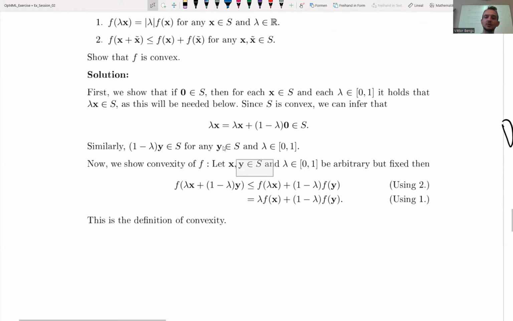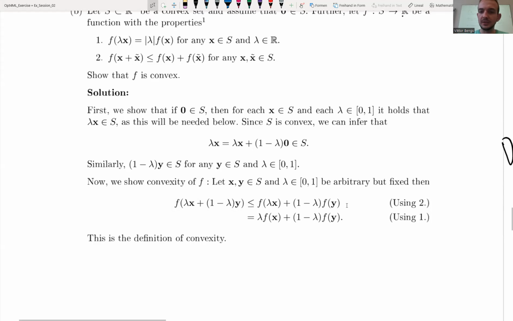We pick two arbitrary points from our domain. We pick an arbitrary convex weight. We look at the function evaluated at the convex combination of the two points with this convex weight. With the property, the subadditivity,